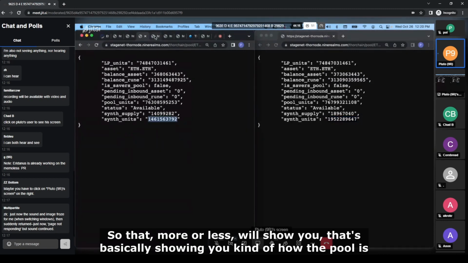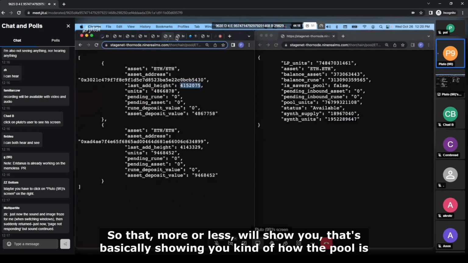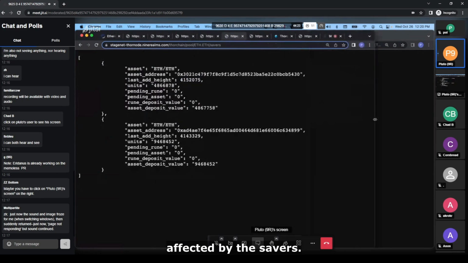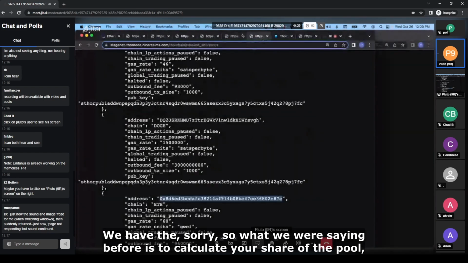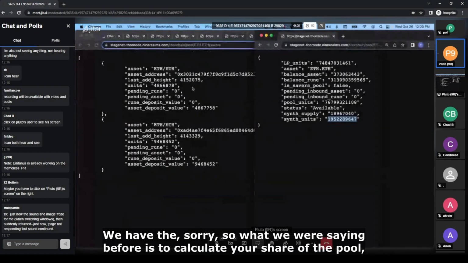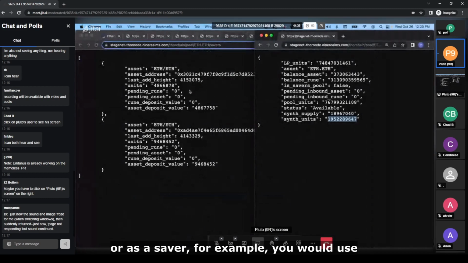So that's basically showing you how the pool is affected by the savers. We obviously have this as well. Sorry, so what we were saying before is, to calculate your share of the pool as a saver, for example, you would use